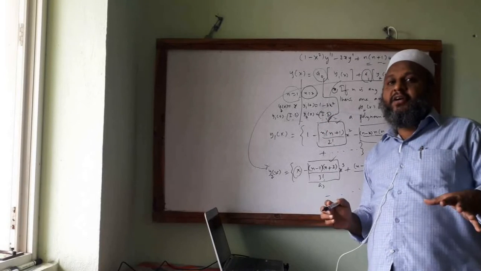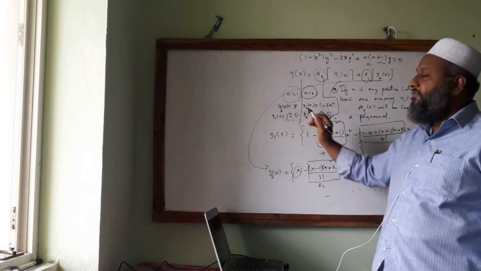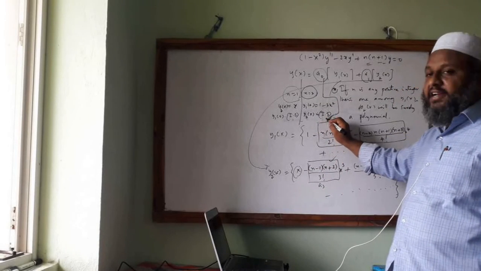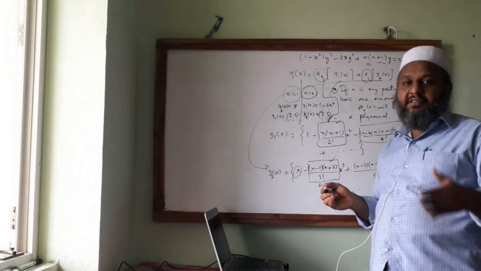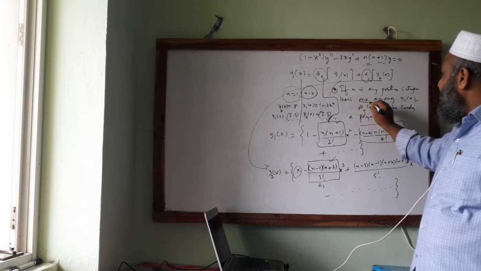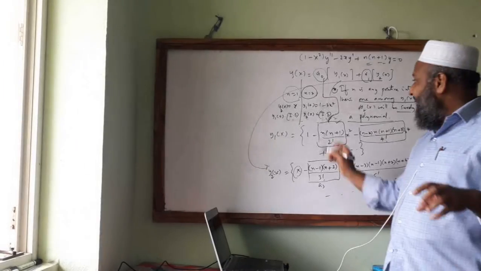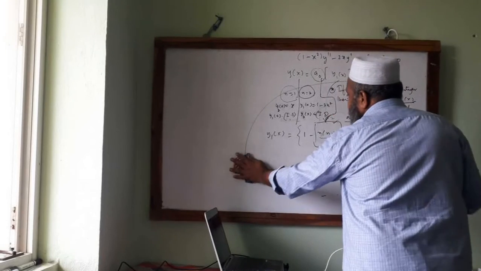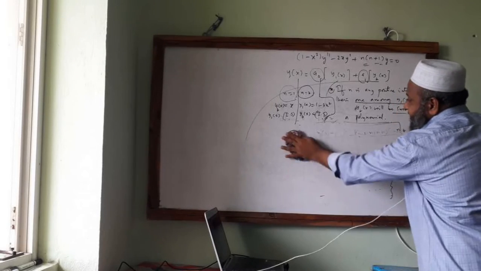What is the point which we have to conclude is that when n is odd, y1 of x is becoming an infinite series and y2 of x is a polynomial. When n is 2, which is even, y2 of x is an infinite series and y1 of x is a polynomial. So if you continue in that way, for every n which is a positive integer, either y1 or y2, that is what I have written, one among y1 comma y2 will be surely a polynomial, and that polynomial is a solution, and this we are not going to directly call as the Legendre polynomial. We are doing some setting in that one. What is the need of that setting? Let us see here.